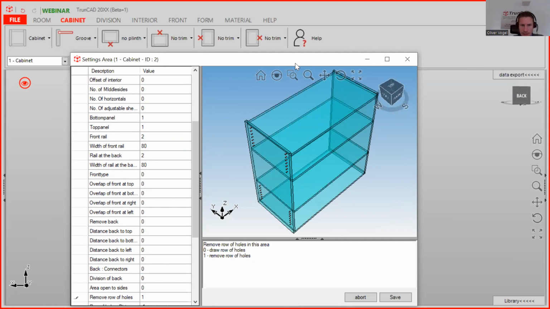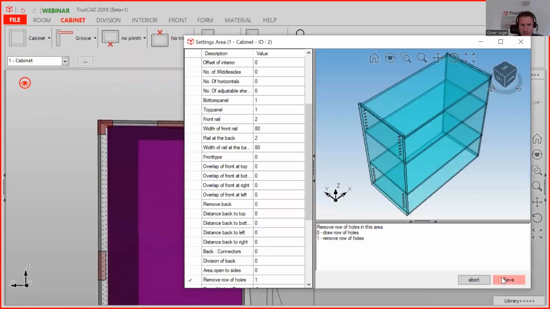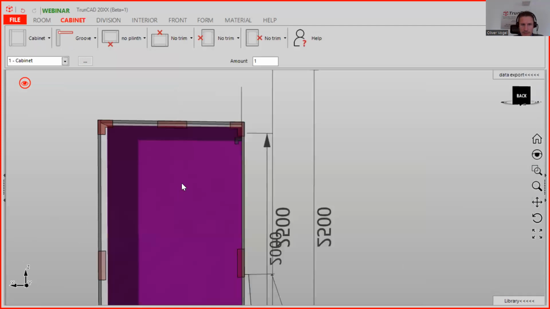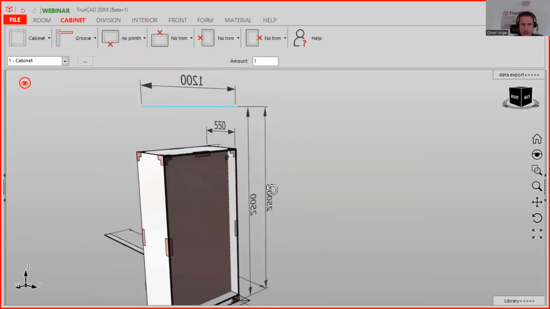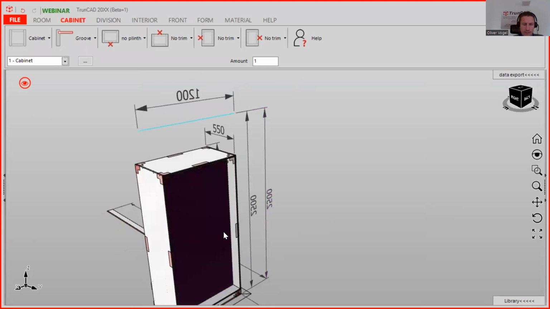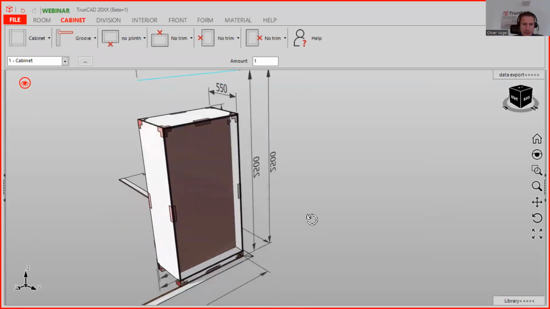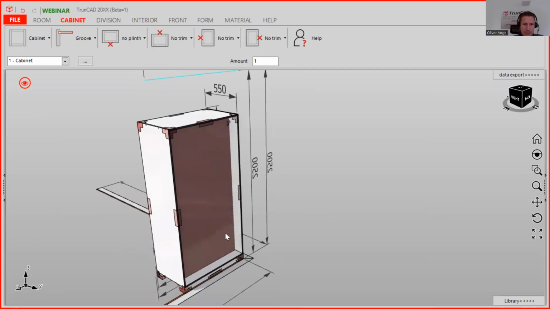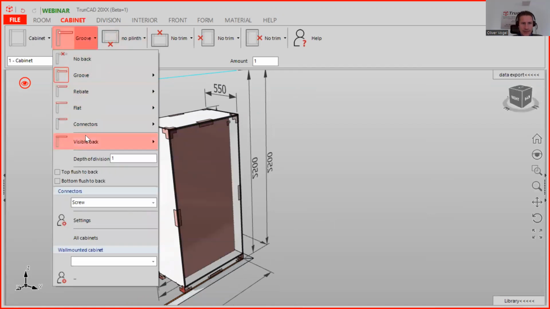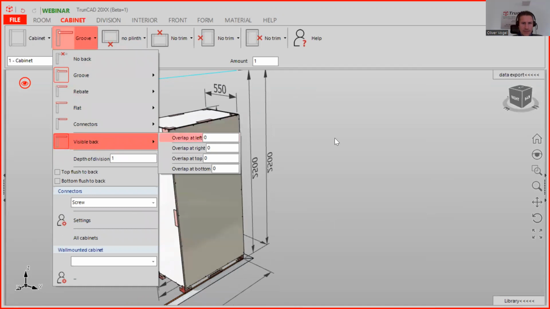After we save it, you see it will disappear. When you might have certain constructions where you need space for cables or other stuff, or like a secret room, you can create it, and then you can click here and make a visible back on top,